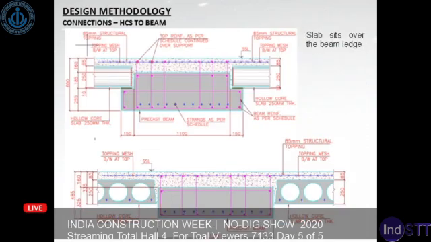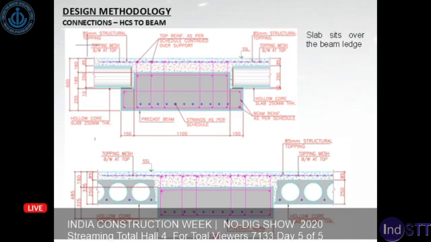The next connection is the hollow core slab to beam connection. This is a very simple connection. The hollow core simply sits on the beam ledge, on a leveled ledge, and the cast in situ topping is done over it after putting some reinforcement in it. The reinforcement of the topping penetrates into the beam,